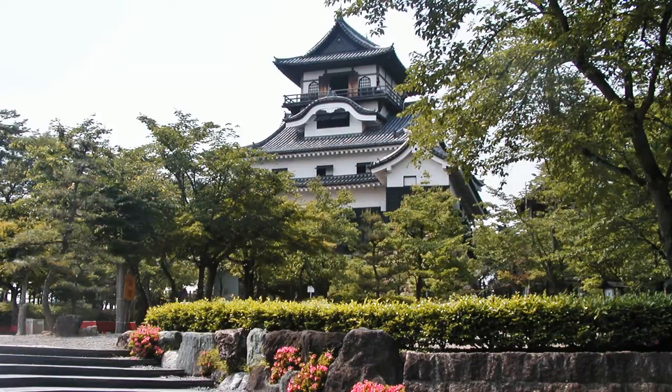Now number 2 is a castle I'm going to disagree with a lot of you guys on, and I know there's some of you who live nearby and are quite attached to it. Inuyama Castle, just north of Nagoya City, is number 2 on the list, and I would happily see that down the list a bit more. I mean, it's got that old central tower, but there's really nothing else there, guys. It's like a concrete gate, and